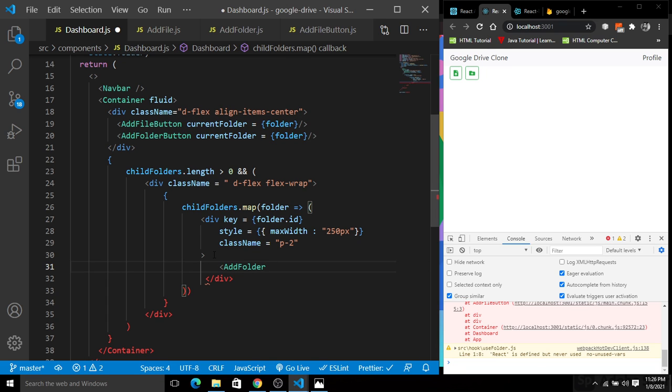So add folder, we have add folder, and inside of this folder we have given a props here. So simply give it a props here, like folder here, and done with this. So we are done with this folder. Now it's time to